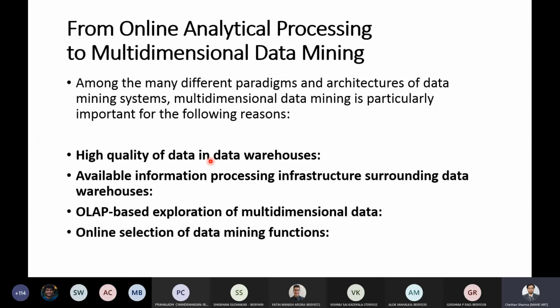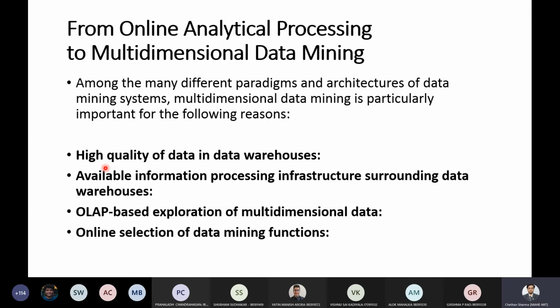You do not perform them again. These pre-processing steps are quite costly, or rather time consuming. So a data warehouse is constructed by already following those steps, and it serves as a valuable source of high quality data. So that is one advantage.